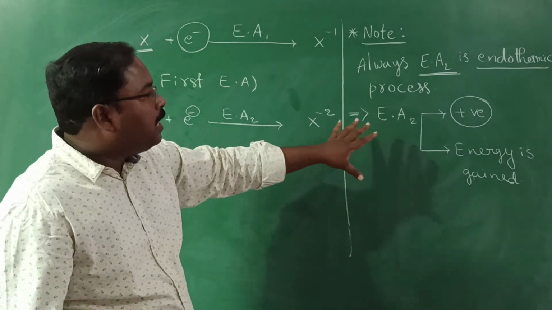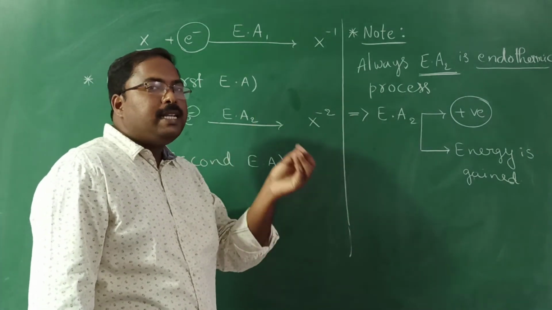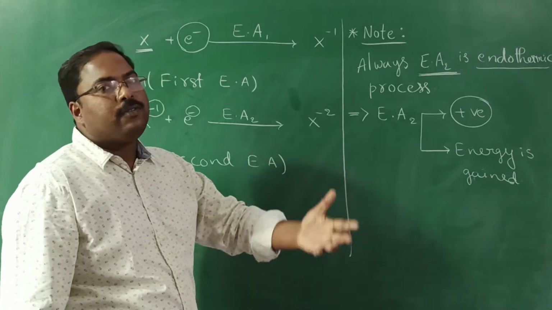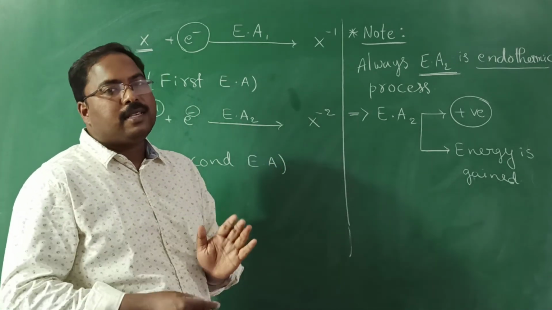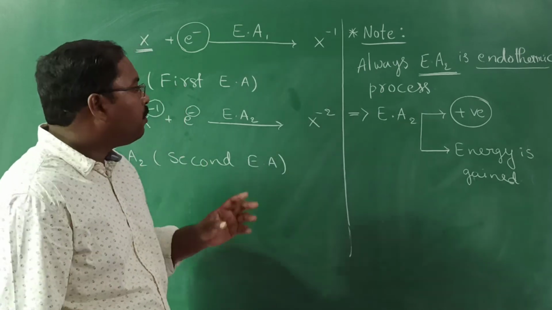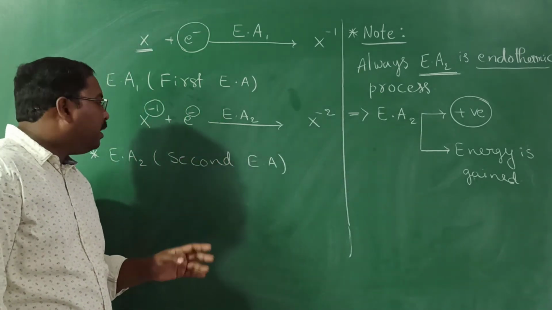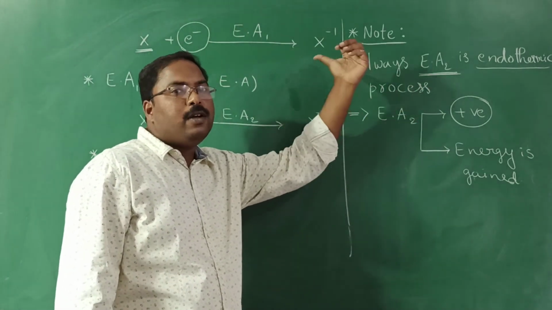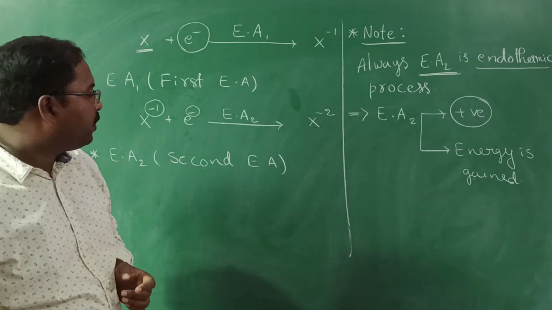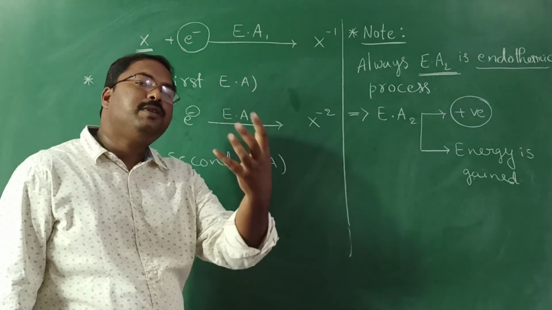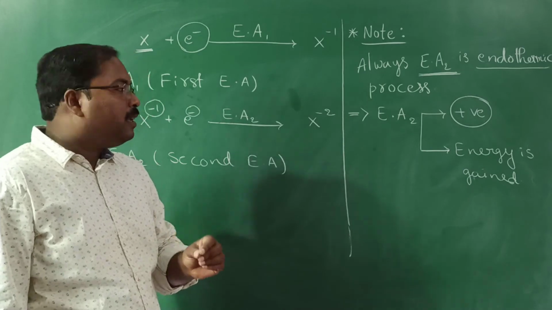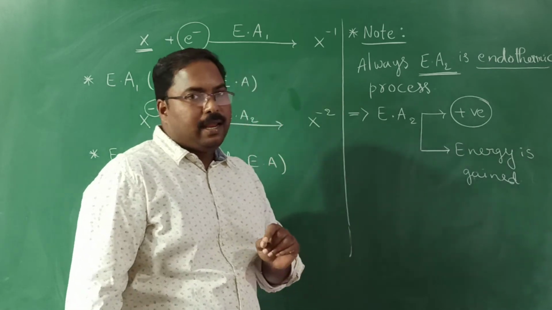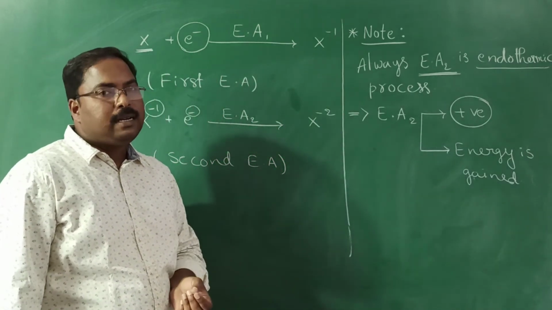Because this is also an NCERT question. You will get it in second year, in the 16th group elements lesson, in the oxygen family, when we are discussing that lesson, we will get one question given in the NCERT. Why is the second electron affinity value of oxygen positive? Even though oxygen is ready to take two electrons, still the second electron affinity value is positive. Why? So what will be our answer?